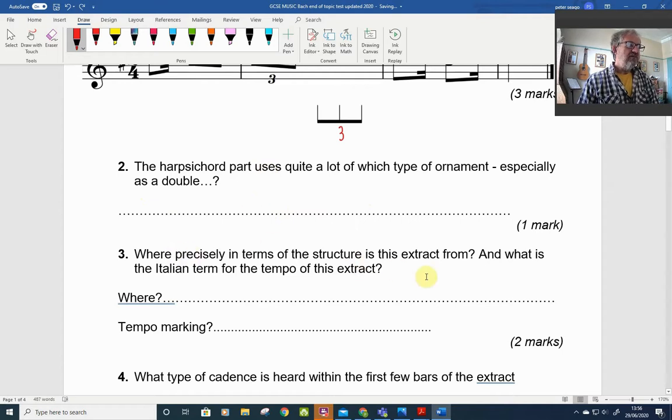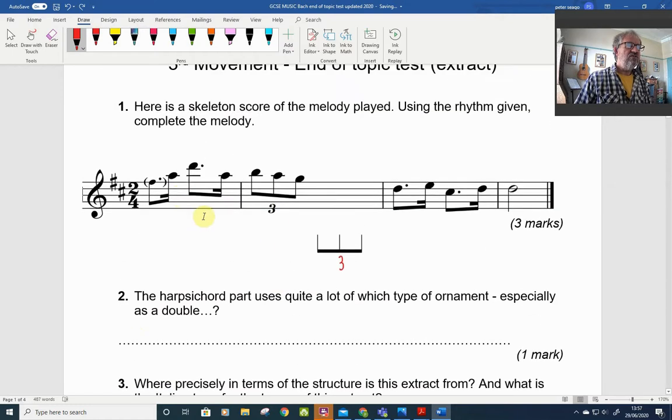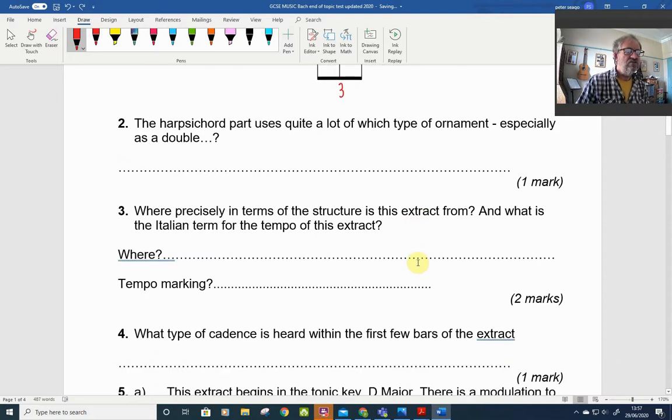Question 3, where precisely in terms of the structure is this extract from? So you're going to have to listen to this and work out exactly where it comes from. I'm not going to tell you the structure. So we're not talking about the beginning, the end, we're going to use specific terms for the structure. There are 2 ways of describing the structure. So where is it